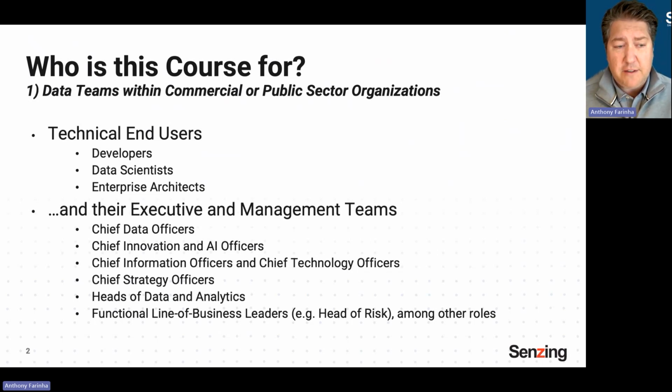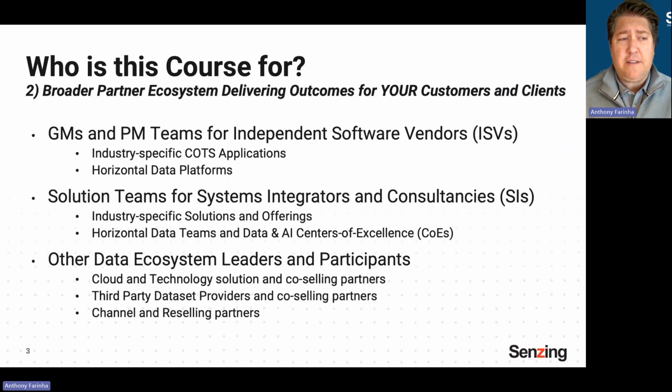that this course is really designed for, whether they are reporting up to the chief data officer, the CIO, innovation or AI officers, chief strategy officers, or functional line of business leaders within risk, marketing, or other lines of business as an example. Also, this course is designed for the broader partner ecosystem that's delivering outcomes on behalf of your customers